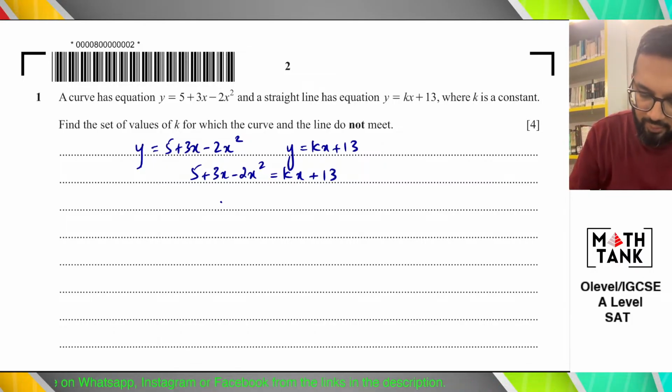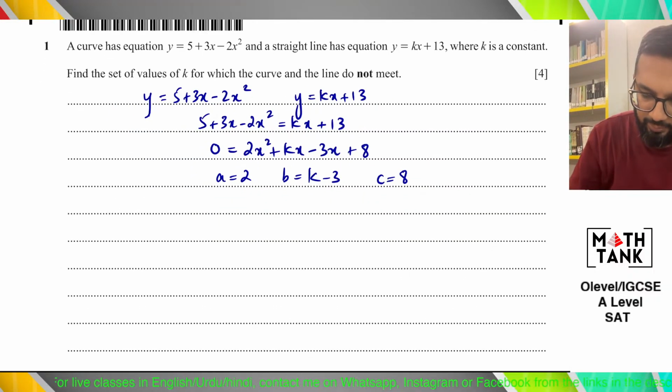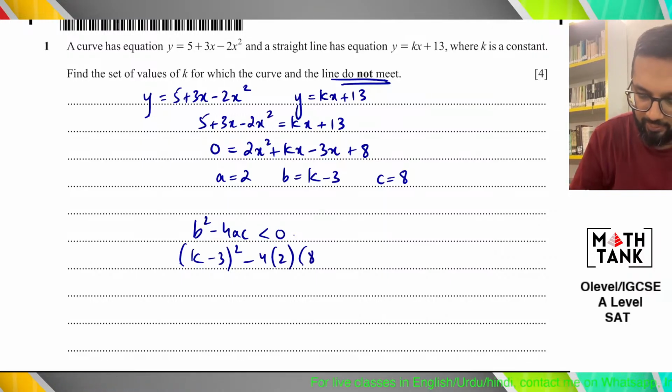Okay, bringing everything on one side gives me 2x squared plus kx minus 3x plus 8 equals 0. A is 2, b is k minus 3, c is 8. For the line and curve to not meet, b squared minus 4ac is less than 0. So k minus 3 whole squared is